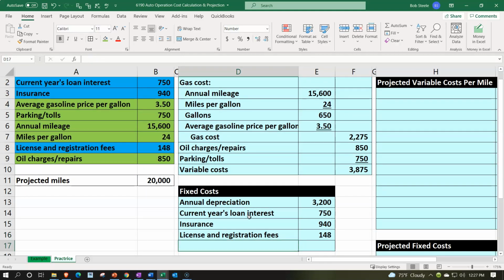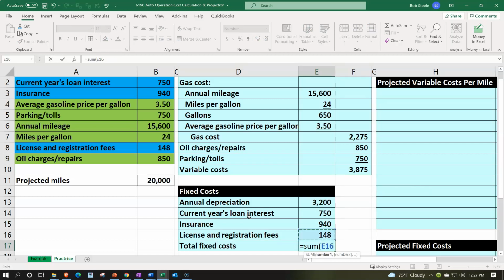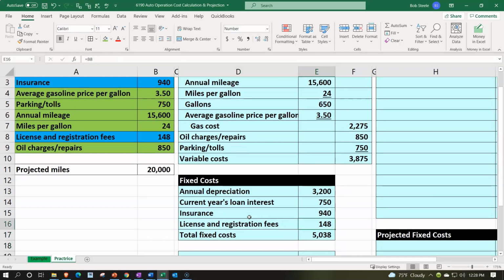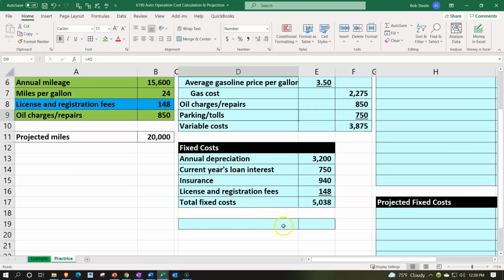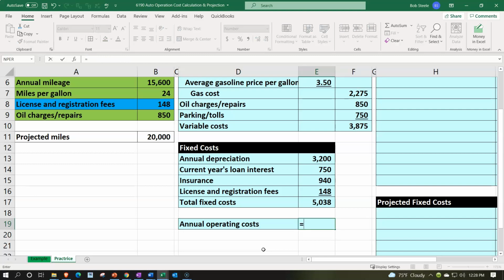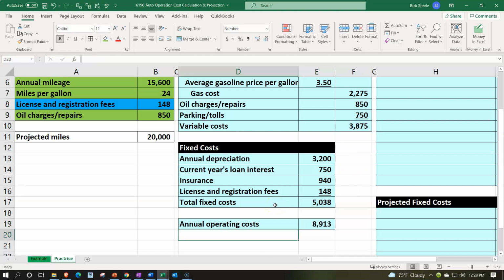So that's going to be our total. This is total fixed costs. Summing that up with the equals SUM, shift 9, and picking up those numbers and enter. Let's put an underline under the 148, font group underline, and then we can say that's going to be our total annual operating costs, which are going to be equal to the 3875 plus 5038 gives us about